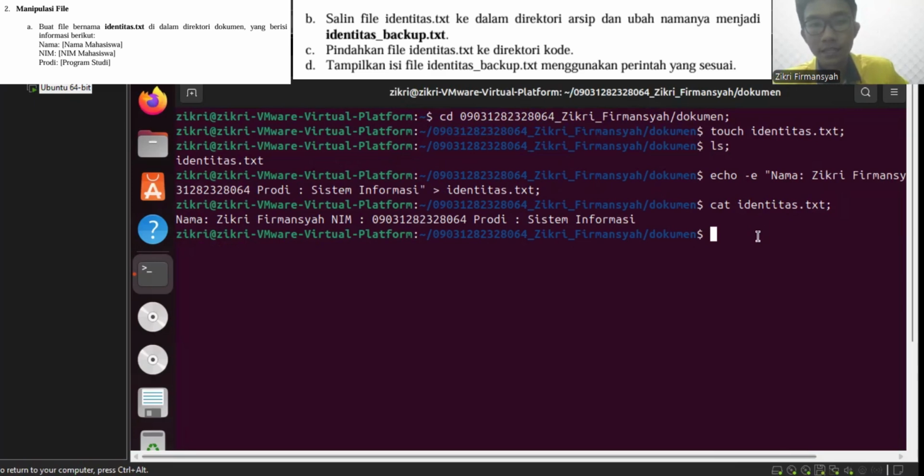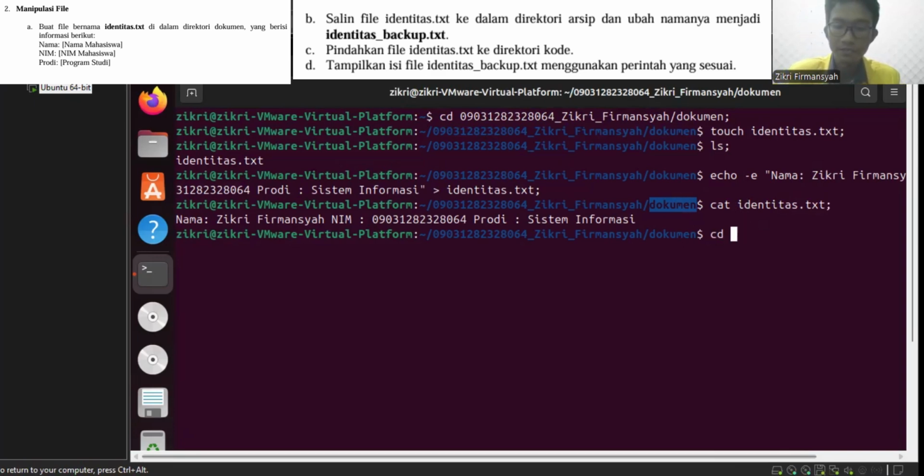And then I will copy the identitas.txt from the document directory into the archive directory with the name identitas underscore backup.